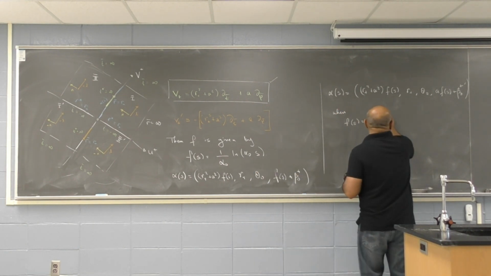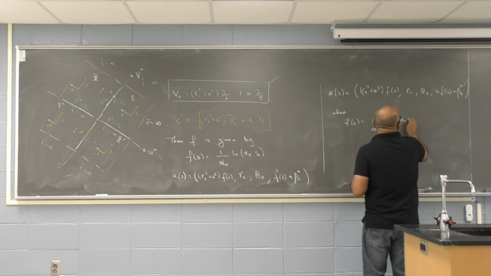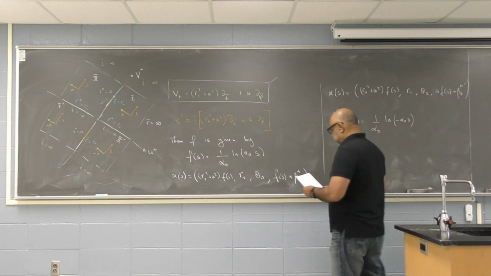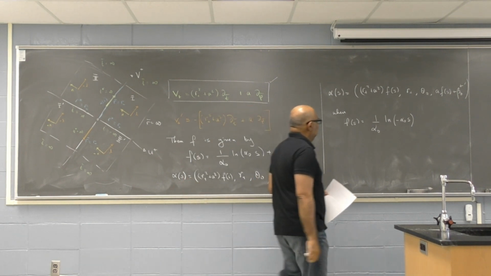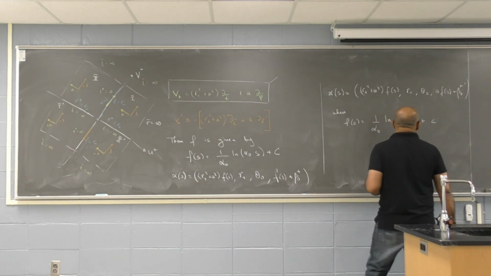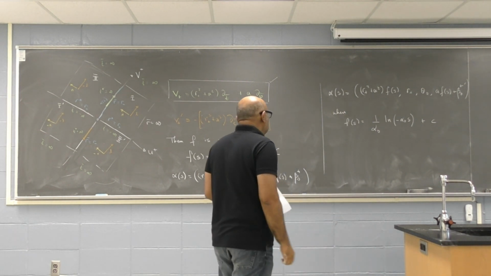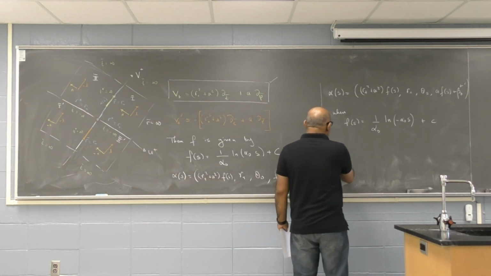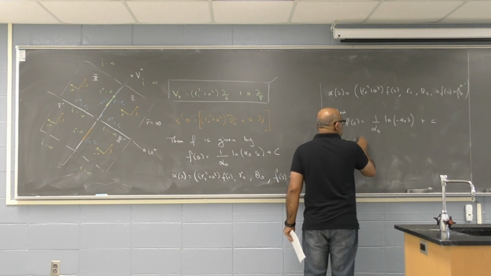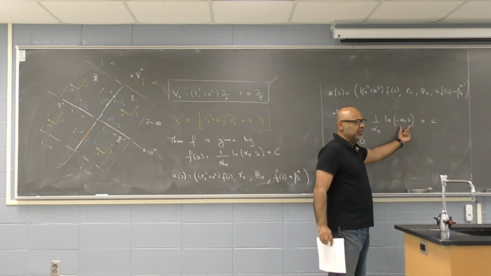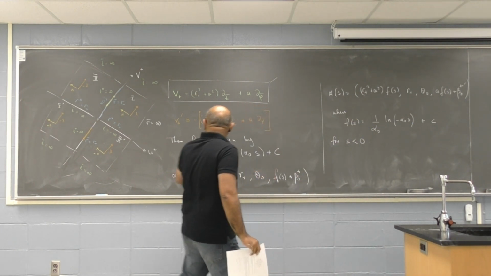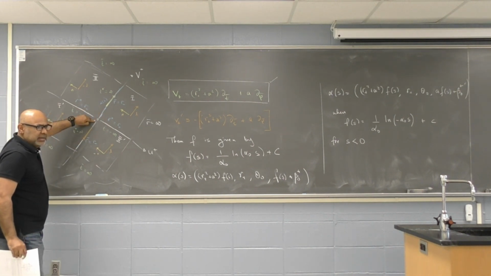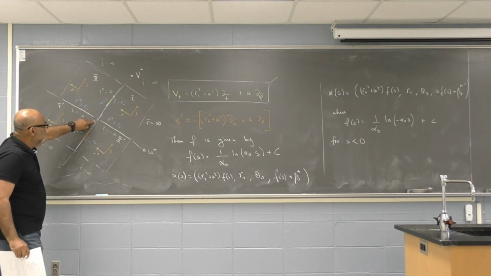When f of s is very similar to this, natural log of minus alpha 0 s. Oh, I guess I should put plus some constant over here. My apologies. Plus some smaller constant over here. You can work it out. Oh, this is for s less than 0. Natural log is only defined on positive arguments. So once again, as s approaches 0, this curve approaches over here. And then as s goes to minus infinity, you're going to trace out